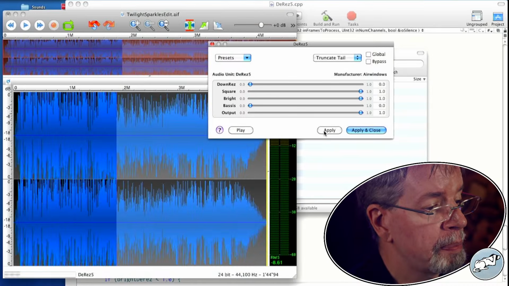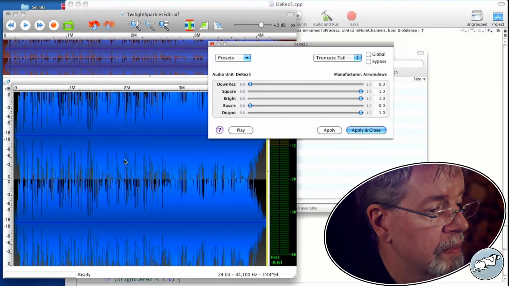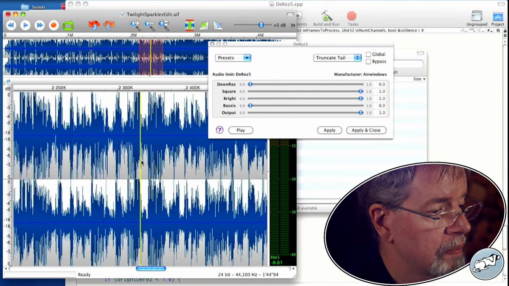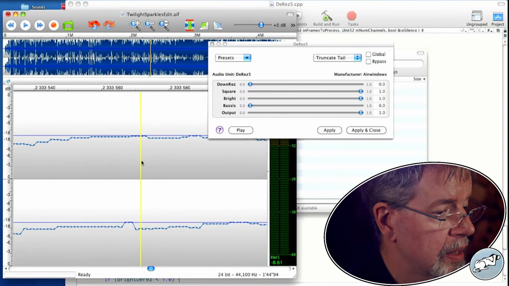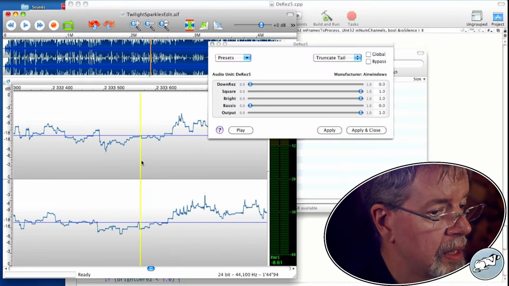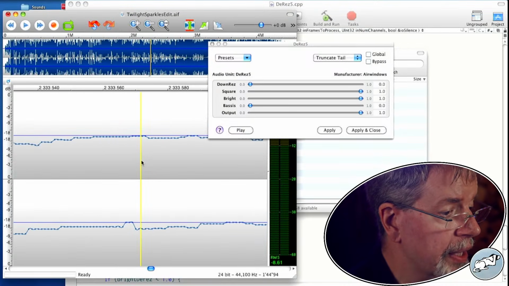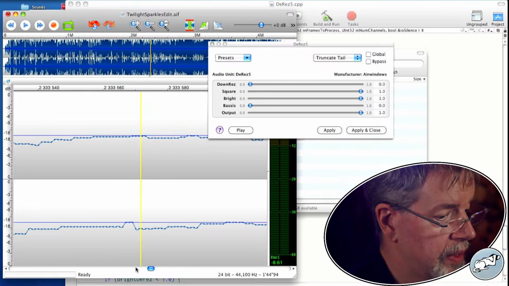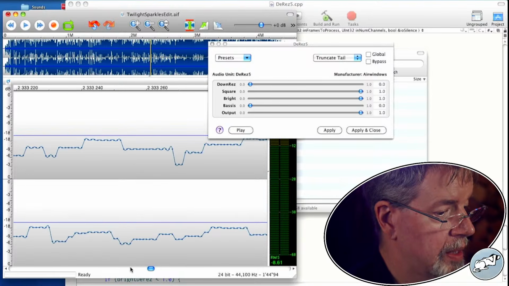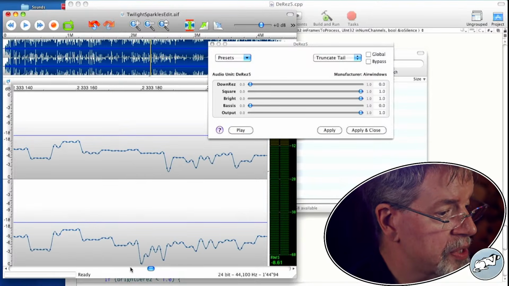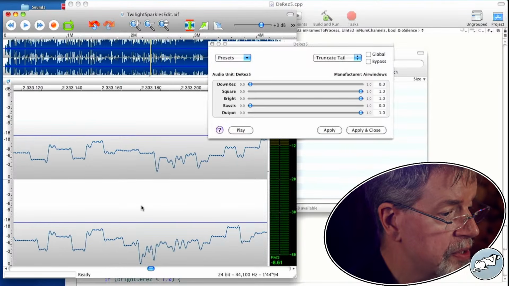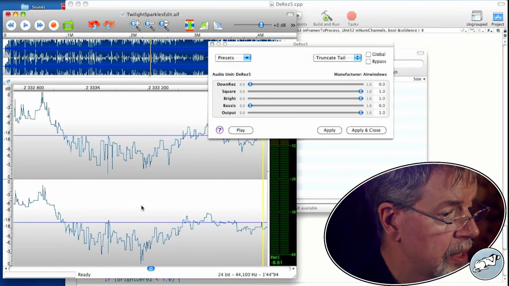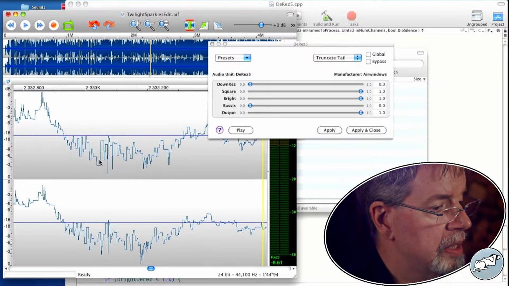And apply. We're not actually filtering. But we're seeing some continuing series of samples. See, with that you can kind of see what it's doing.